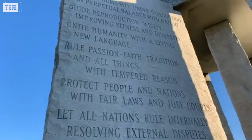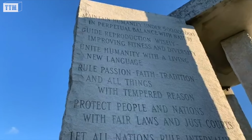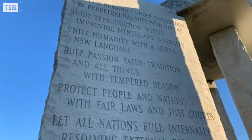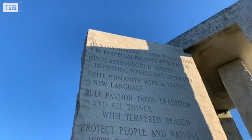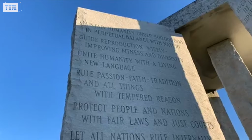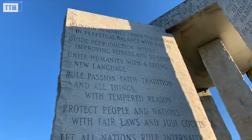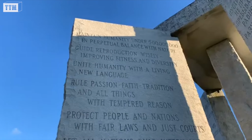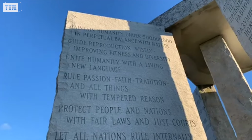And so improving fitness and diversity could kind of relate to social Darwinism, saying that we should be, you know, the survival of the fittest. And social Darwinism has led to eugenics, because if they're saying the fittest, that means if you can't get on board, you're not fit enough, then you're going to be obsolete. And I think that's a very dangerous concept. I think to say that people can be obsolete if they're not fit enough, that's the same if people are disabled or have disabilities and they're not fit, that's kind of what was happening within the camps in